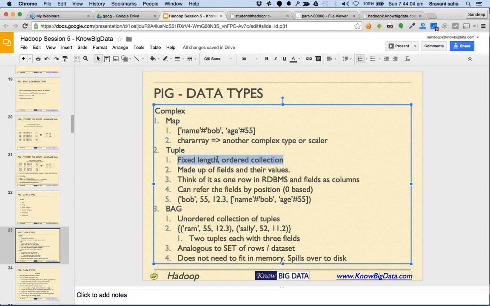Then comes tuple. A tuple is an ordered collection of values, just like an array. The best analogy you can take for a tuple is a row. If you have read tuple algebra or something like that, each row in a database table is actually called a tuple. Okay, so a tuple is basically a row, a collection of values, and you can either refer